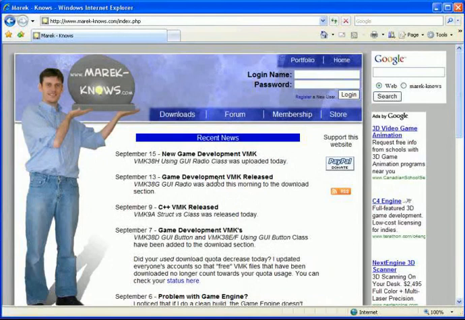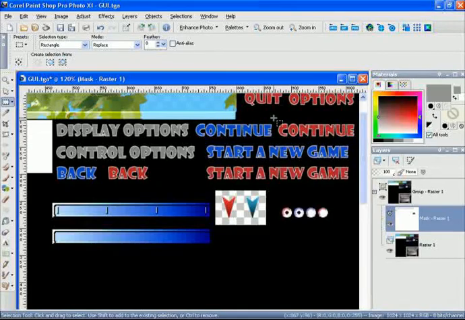To begin, let's go into Paint Shop Pro and take a look at how I modified the GUI.tga file. I added this one slider here, which I just rendered some little notches onto it because I want to demonstrate both a continuous sliding slider and one that has discrete step sizes. So this one here I'm going to use for discrete step sizes, and you'll see that we're going to be using this guy a little bit later whenever we want to specify the quality factor for images that we load